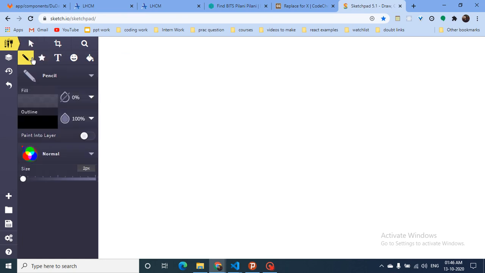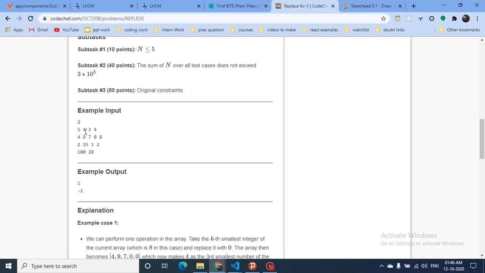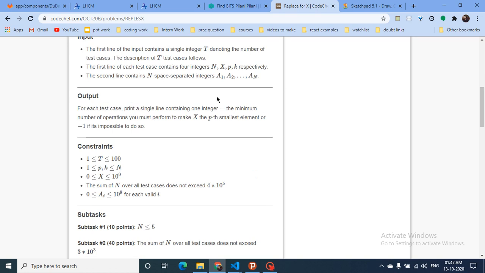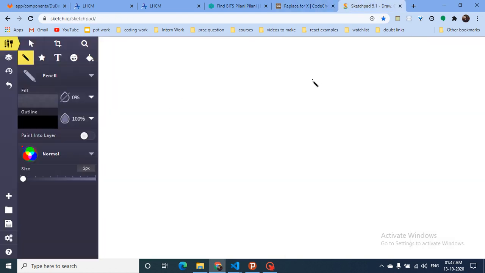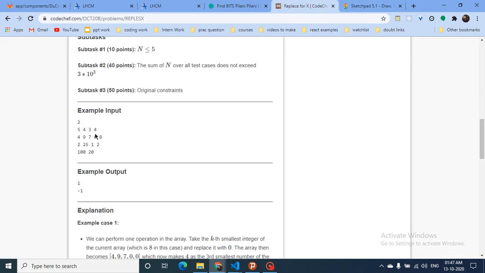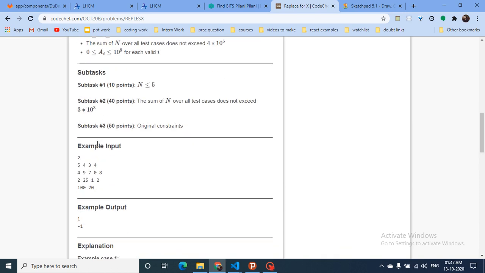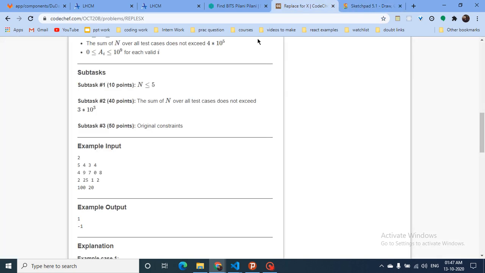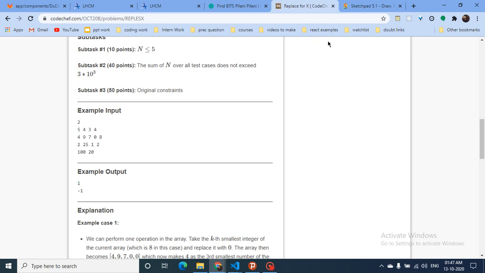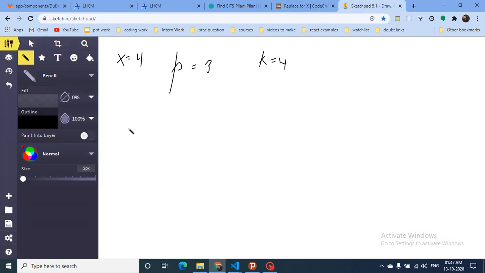As you can see, input is x, p and k. So x is equal to 4, p is 3, and k is 4, and this is the array: 4 9 7 0 8.